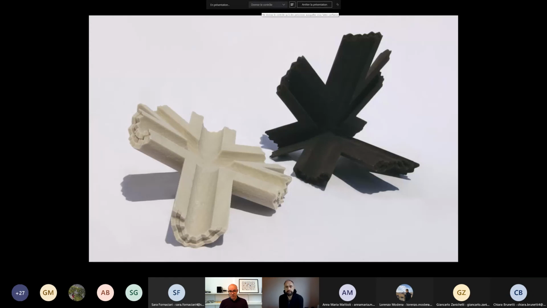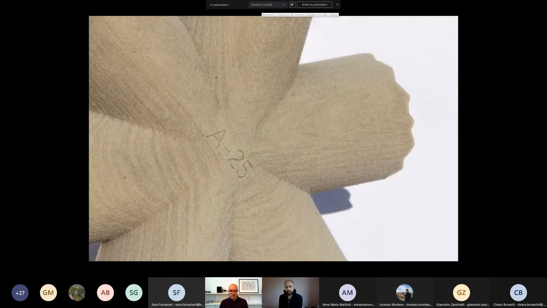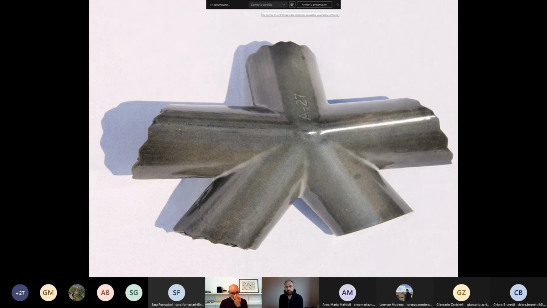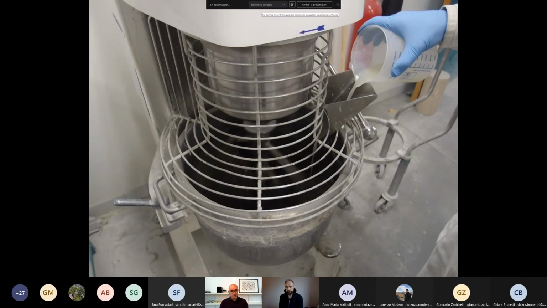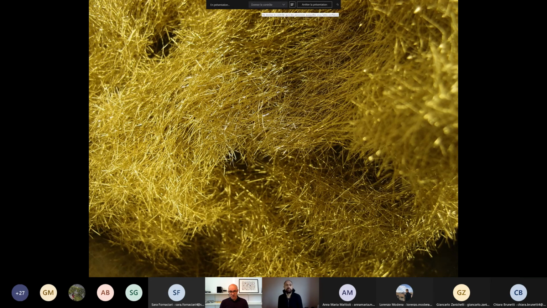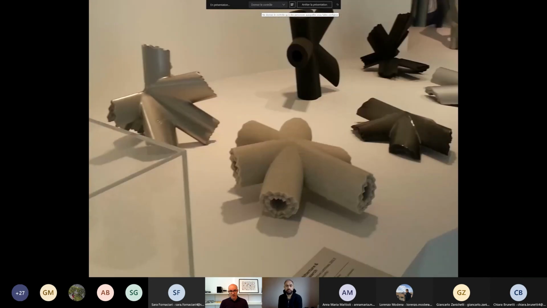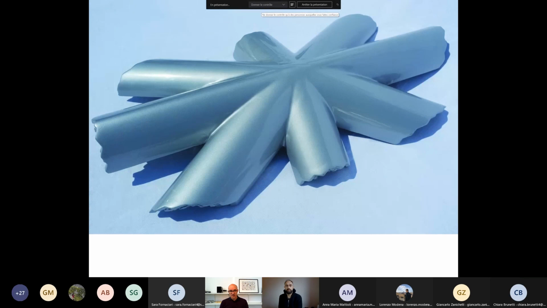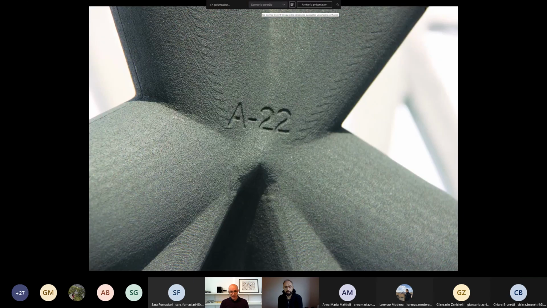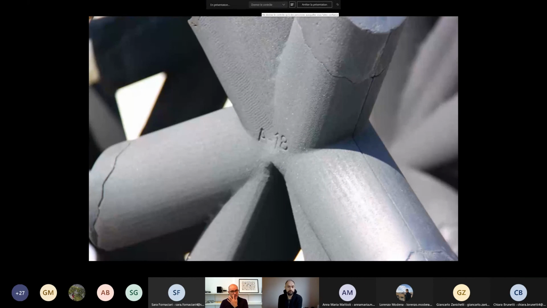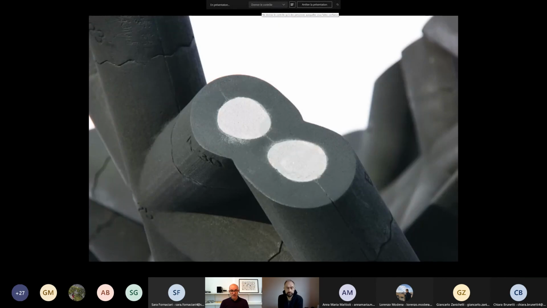So we first used 3D printed sand, with a German company, Voxeljet. This is in 2012, so it's 8 years old already. We had a small partnership with Lafarge, who provided us with concrete, with cement, and we developed this kind of molds with complex geometry made of 3D printed sand. And I said, okay, let's pour some cement into that.